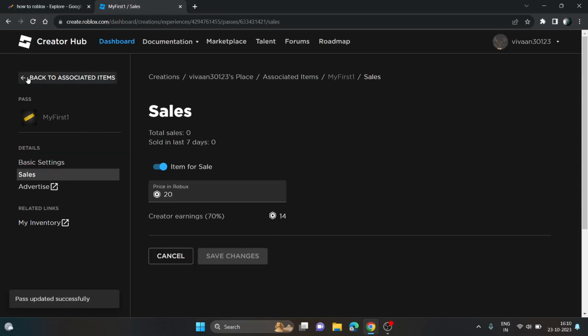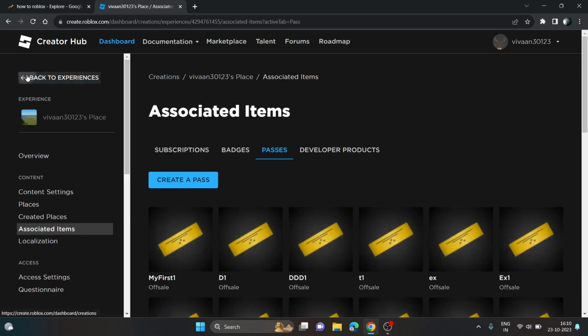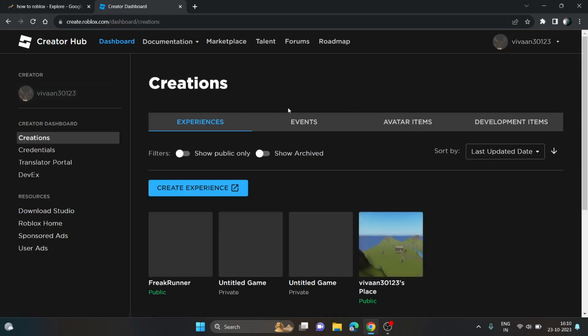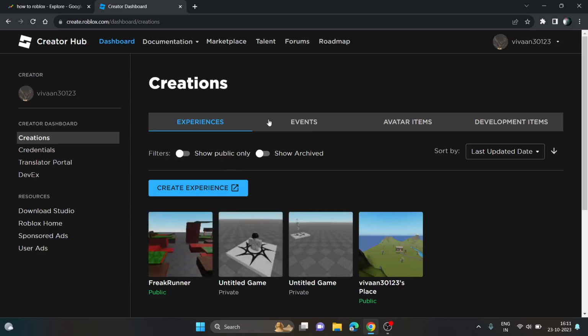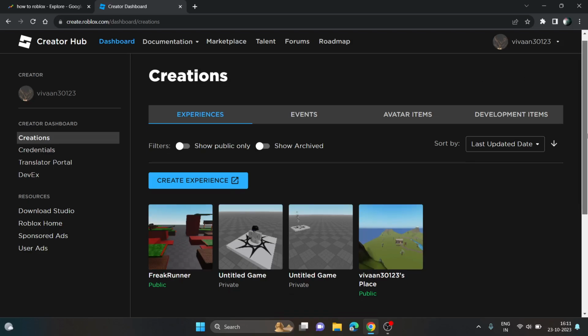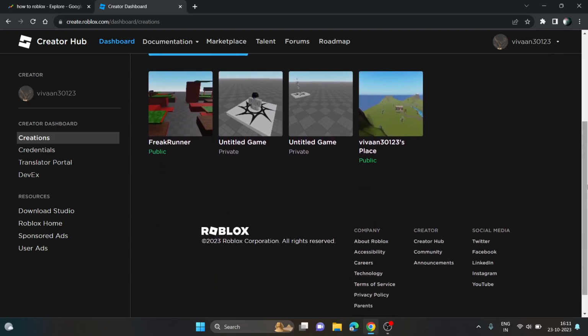So once you have created your game pass, guys, just go back, and now you just need to open any game you want, like Please Donate, and there you just have to list your game pass. So if someone buys your game pass, you will get